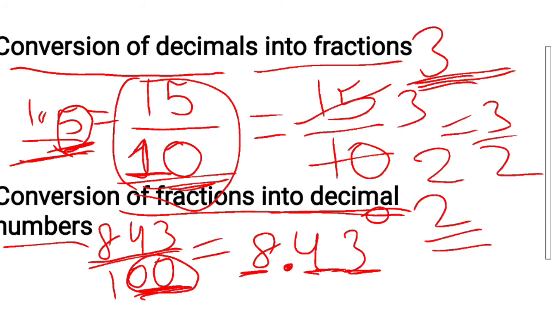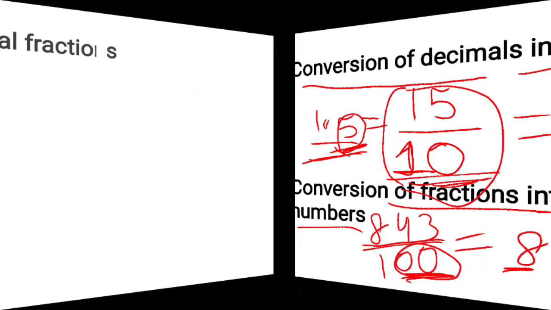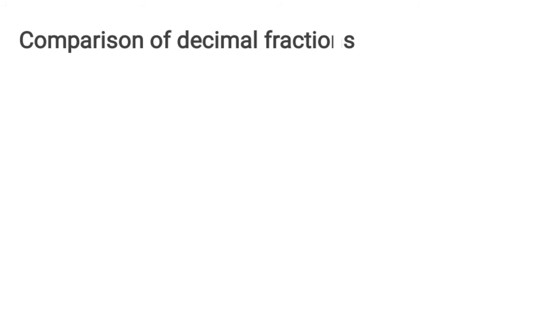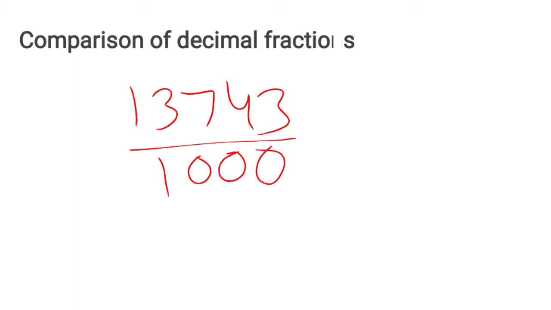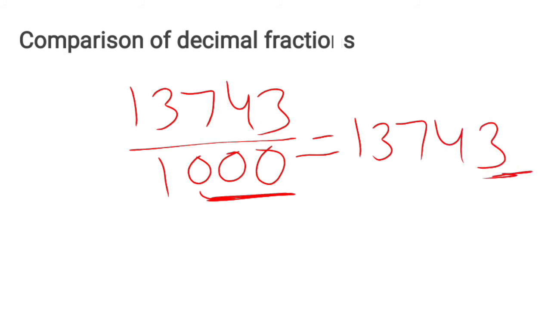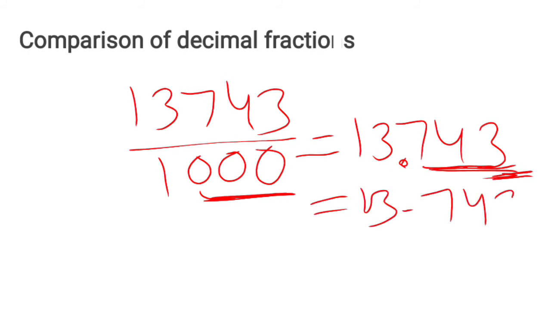I am taking another example for the same question. Like the number given is 13,743 divided by 1000. What does it become? The rule says count the number of zeros following 1. So there are 3 zeros. Then we start counting from the ones side. This is the ones place of the given number. So 1, 2, 3. The number of zeros is 3, so we count 3 places. Now we put the decimal here. So that becomes 13 decimal 743. This is our final answer.